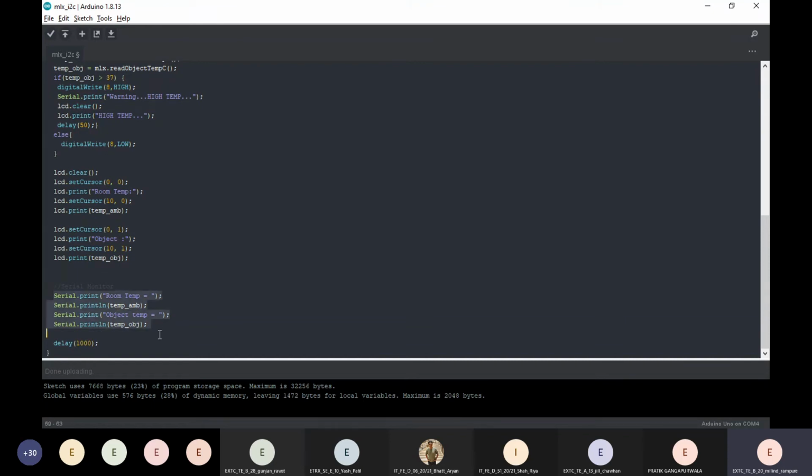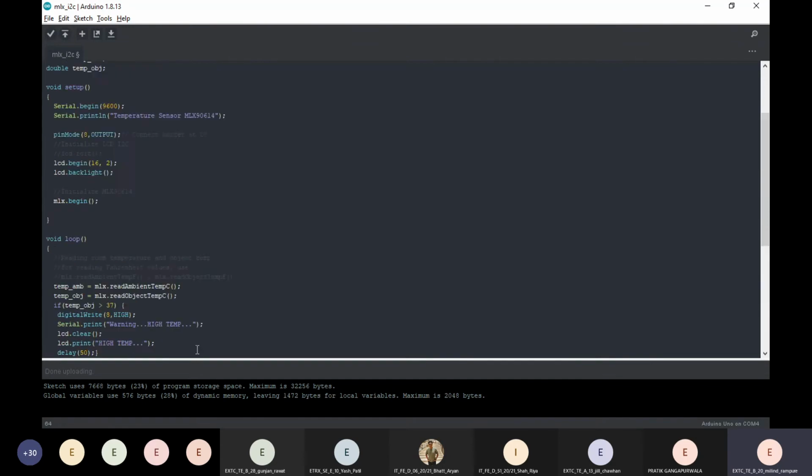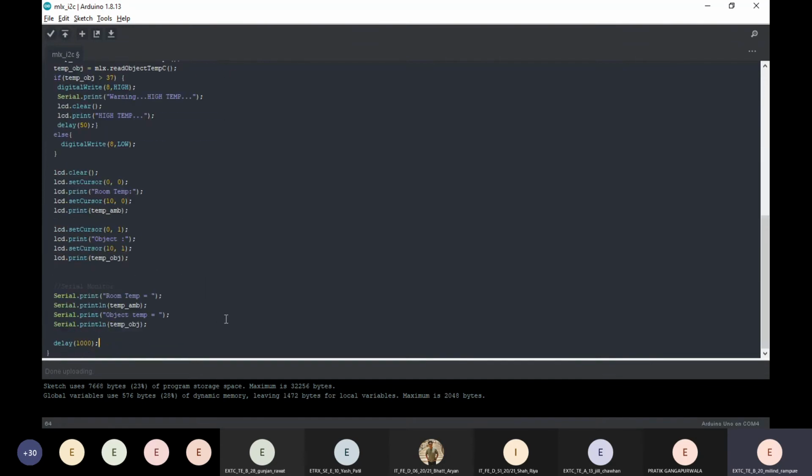With serial.print I'm using room temperature and object temperature as they are, and I'm giving a delay of 1 second. So this loop will run after every 1 second, and it will update the LCD screen as well.